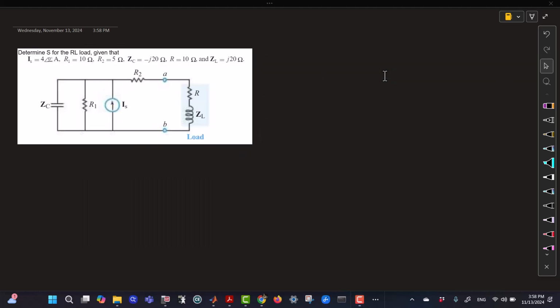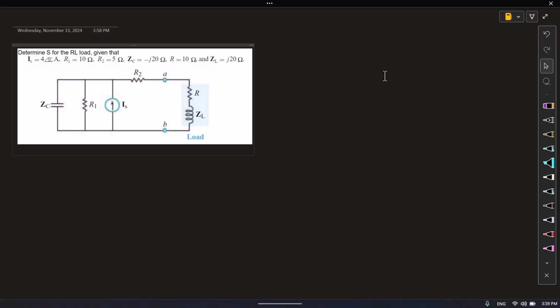All right, so we are supposed to determine S for the RL load, so our load is the resistor and that inductor, given those values for that particular circuit. And so the first thing that we would do is see, we already have everything in phasor form, and so if we wanted to figure out what V was, the way I like to find the power is, I